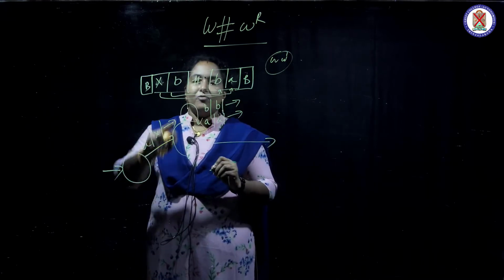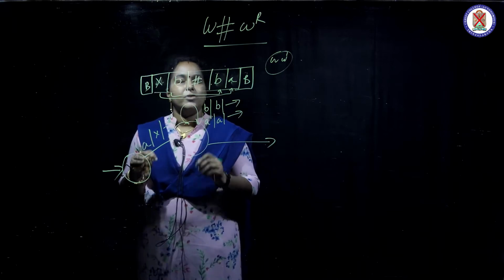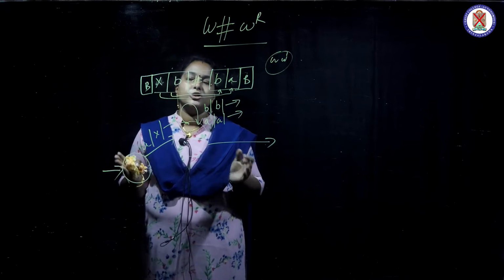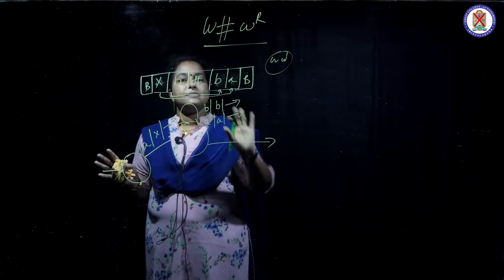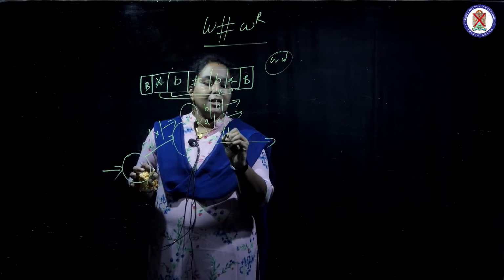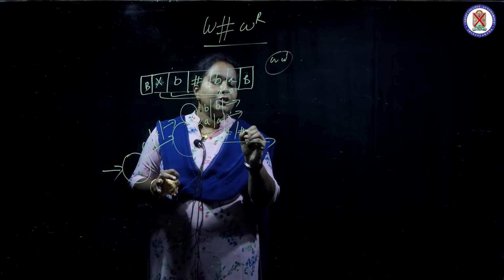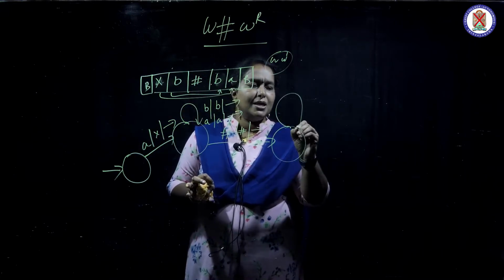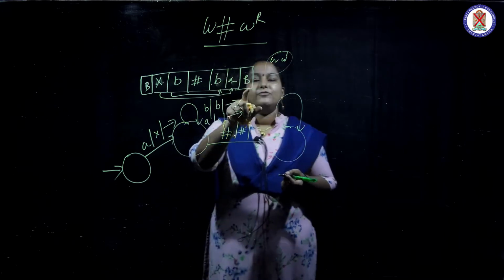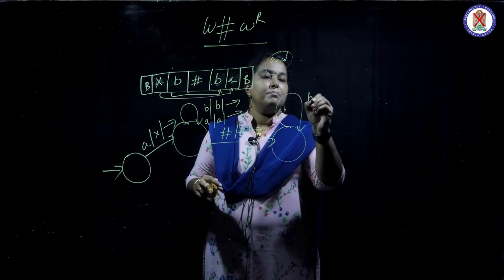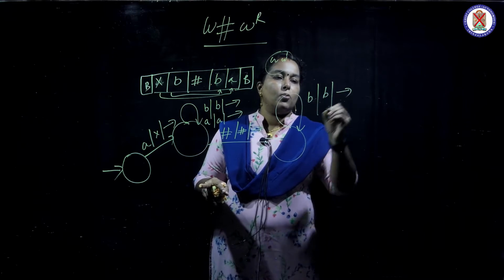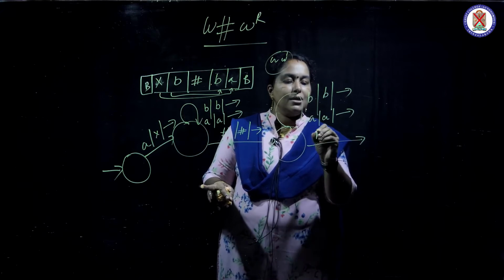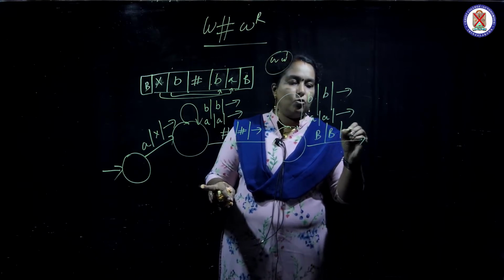Now when hash comes, every time, as when I discussed the PDA also, the hash's existence must be checked. It is a bypassing condition with no other significance, but its existence must be checked. So hash comes, I make it as hash and move forward. Next, when B comes or A comes, no problem, I have to reach the blank here. So B comes I make it as B and move forward, A comes I make it as A and move forward. When blank comes I make it as blank and move backward.